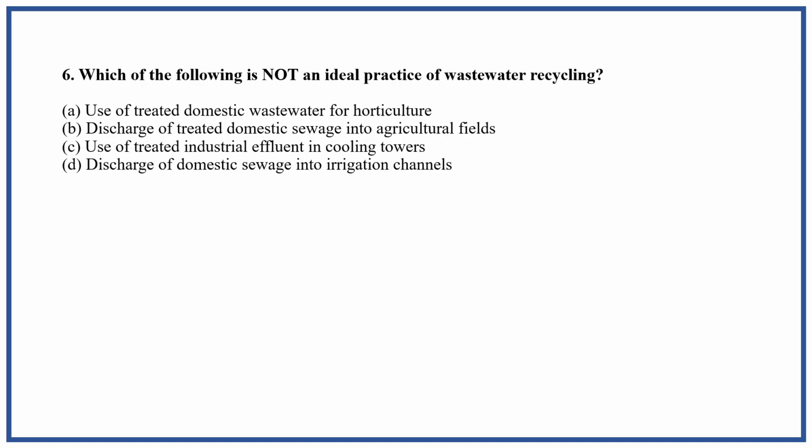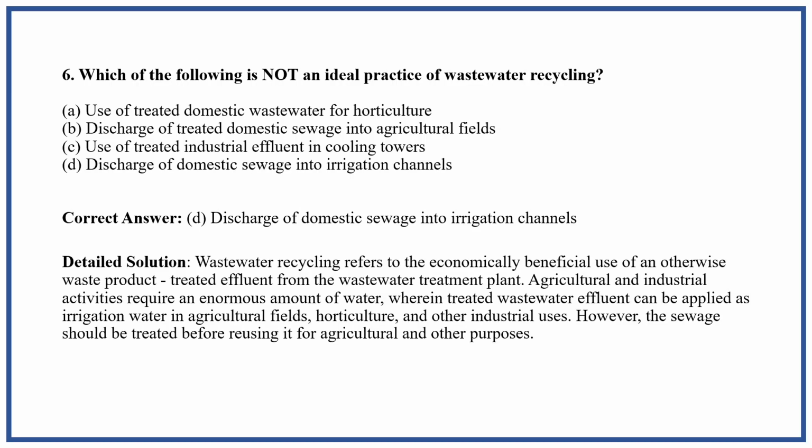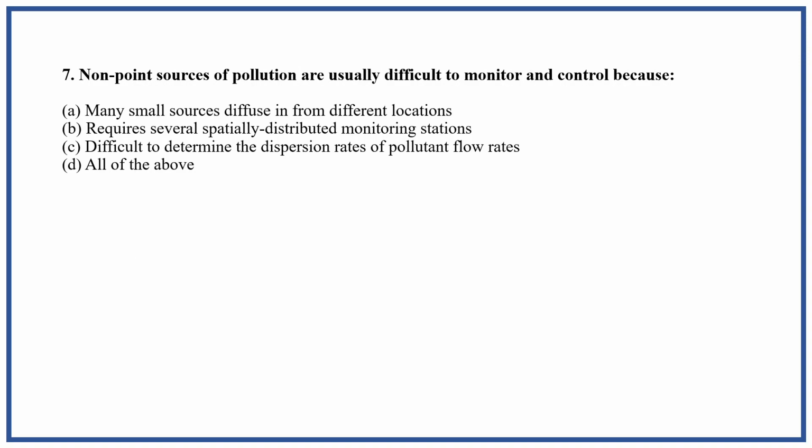B. Discharge into irrigation channels. Irrigation channels, yeah, it is the right answer. Other thing we are conventionally using as recycling in the case of horticulture, agricultural fields, and even in industries for cooling towers. Okay. So the next question is, non-point sources of pollution are usually difficult to monitor and control because